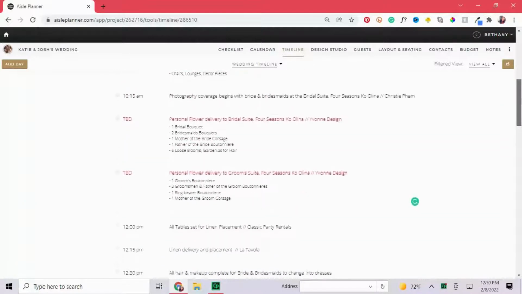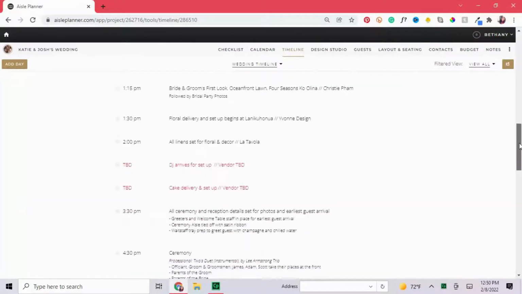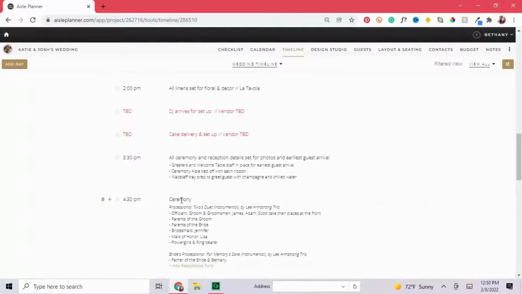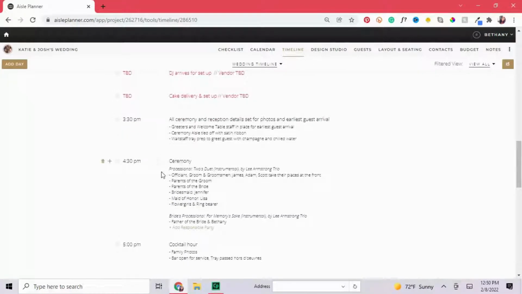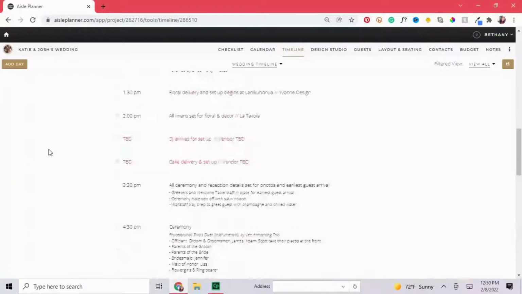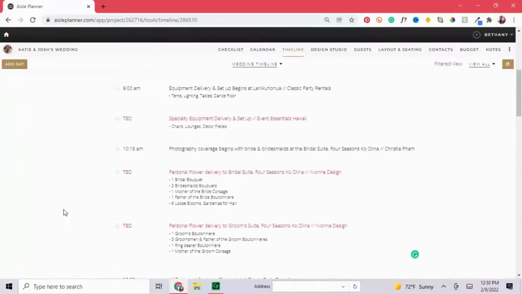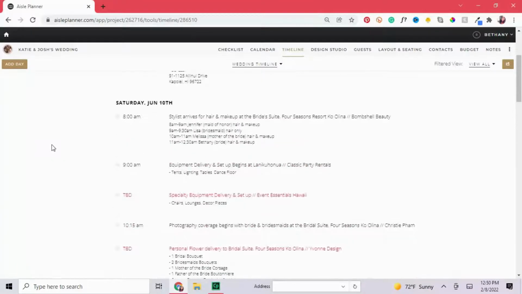All of that we need to fill in. So the easiest way to do that is start with the ceremony here. Put whatever time your ceremony start time is, and then we'll just build out from there. You can work on this over time if you'd like, if you find out when we can arrive at the